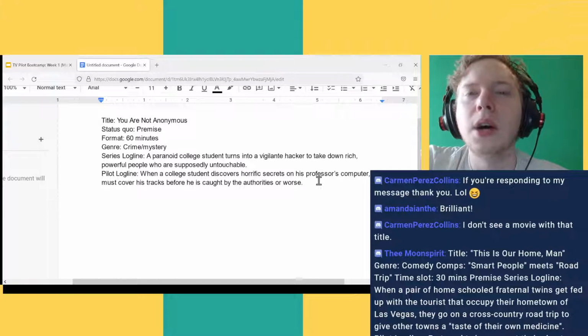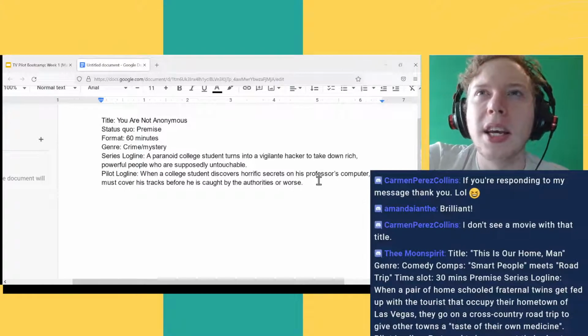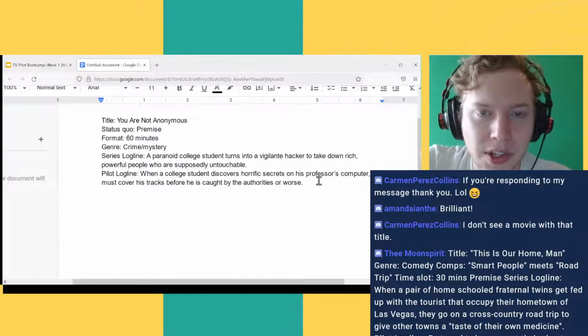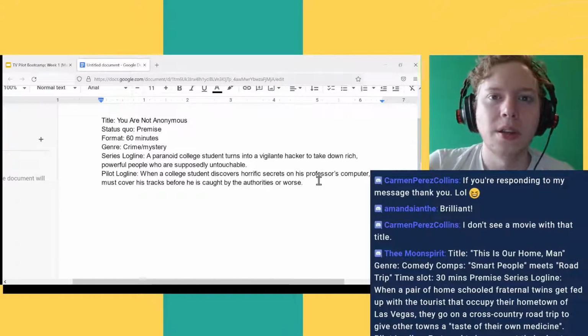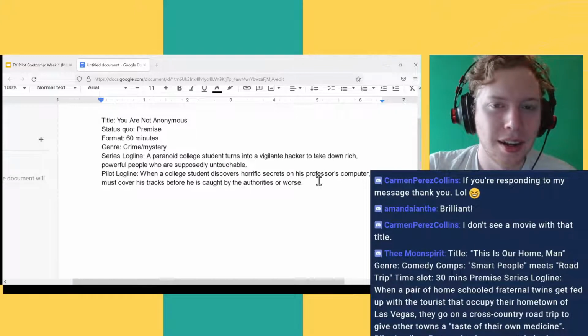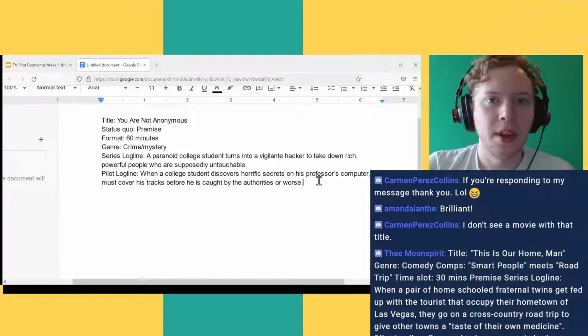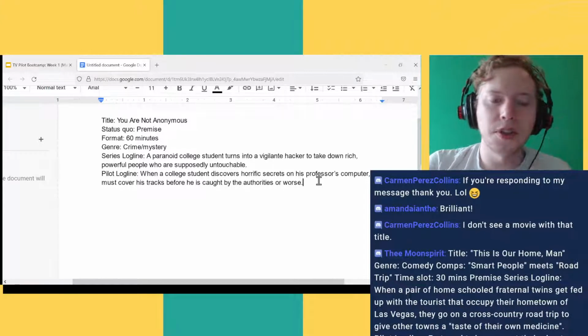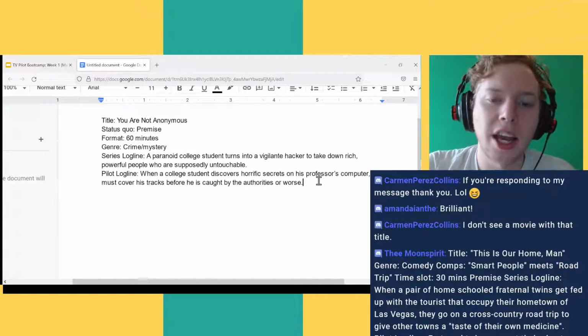Oh, okay. In that case, then, it really does seem like your pilot is all leading up to the premise that's described. Like, the series logline describes the series after the pilot, then, right? Yeah. So that's a little bit of a problem. Okay. I think that the setup is generally working, but the thing that I keep getting hung up on is